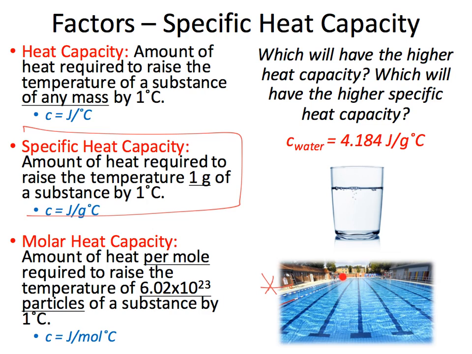Okay? The pool has a lot more water than this one over here, and therefore would require a lot more thermal energy than this glass over here, and therefore it has a higher heat capacity. The second question says which one will have a higher specific heat capacity. The answer is they're both the same, because they're both water, assuming that the water is the same, chlorinated and fluorinated the same way. But this water and this water will actually have the same specific heat capacity because it